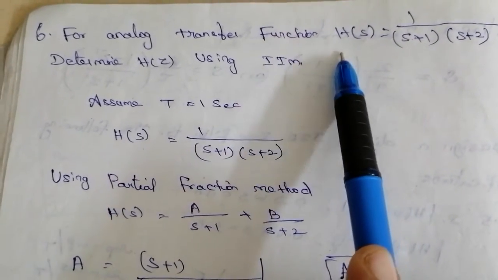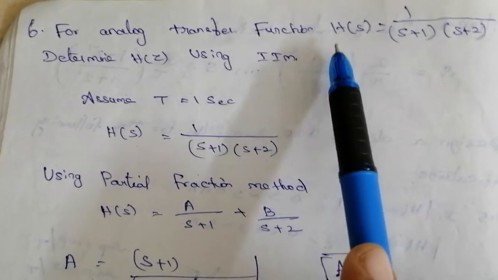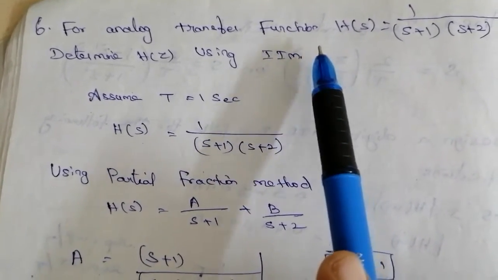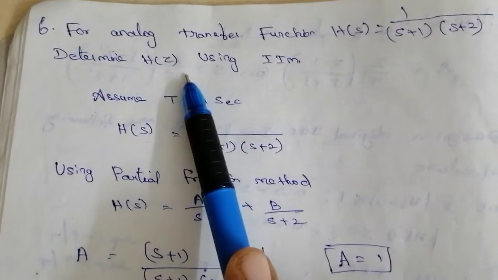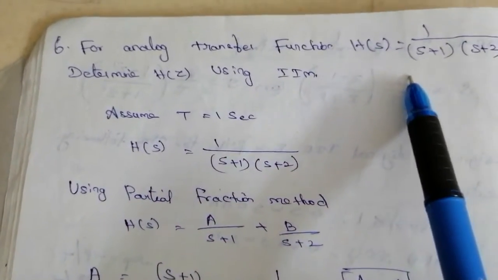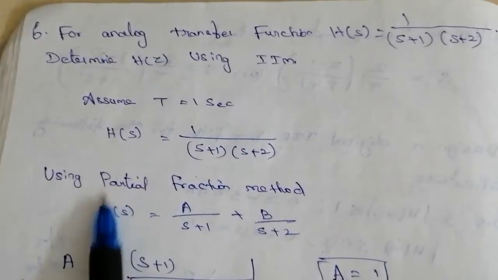In the previous problem, the given specification was in terms of lambda, epsilon and sigma p, sigma s. So we had to find all the 5 steps. Finally we got H(s). But in this problem, H(s) is directly given, so no need to solve the 5 steps. We have directly taken the H(s) value.